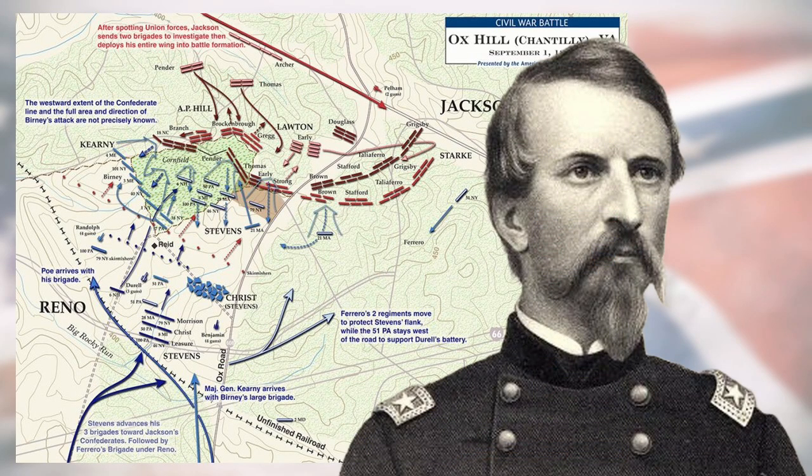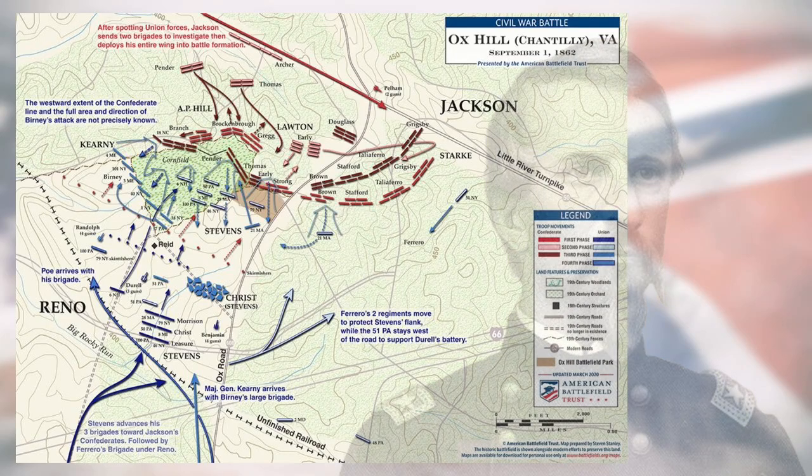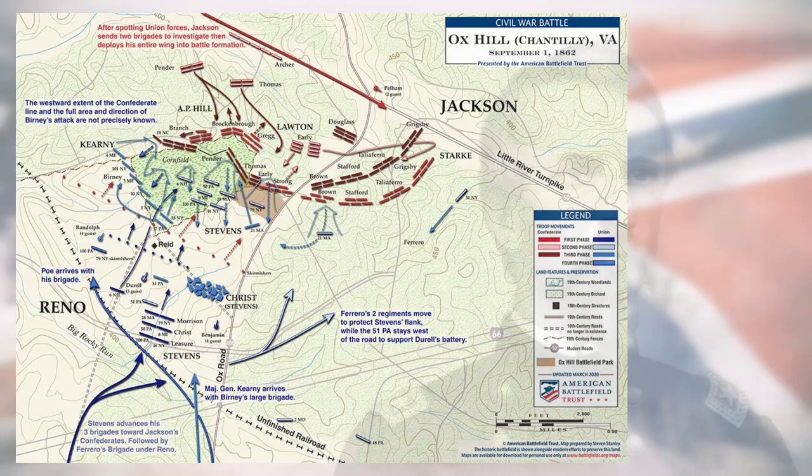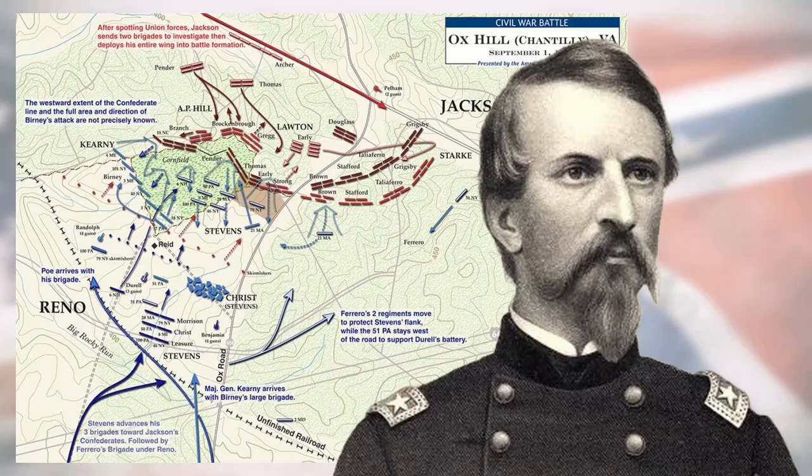Crossing a fence that separated the grassy field from the cornfield, the 21st Massachusetts halted when it came under fire from some of A.P. Hill's men in the woods. Wanting to know the cause of the second delay, Kearny again rode forward to speak with the regiment's captain. Not satisfied to hear that there were Confederates lurking close by in the woods, the hot-tempered general spurred his horse into the cornfield, determined to conduct his own reconnaissance.